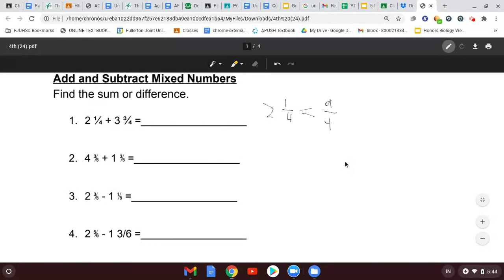And then for 3 3/4, it would be 3 times 4, which is 12. 12 plus 3, which is 15. So it'll be 15 over 4. And so the addition of this would be